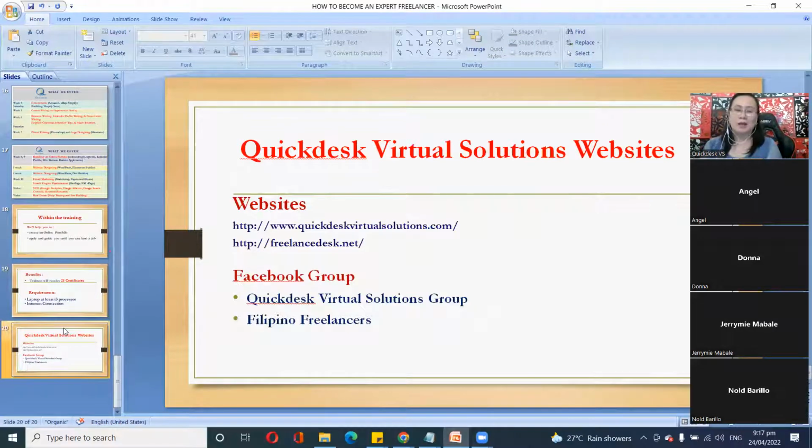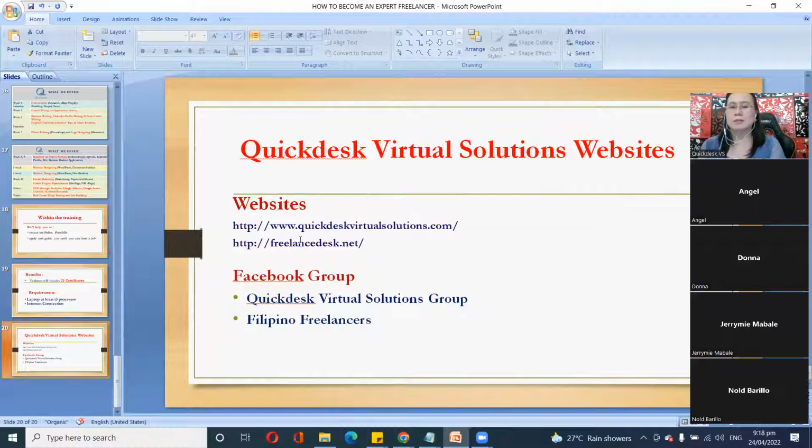Meron kasing siyempre, website na binabayaran, binabayaran ng mga coaches. Diba? Kasi yung mga coaches, teachers din sila. Yan. So, they are from different schools. Tapos, may mga teachers din kami na hindi na nagtuturo sa school. Nag-focus na lang sila sa online. Yan. So, ito yung website namin,